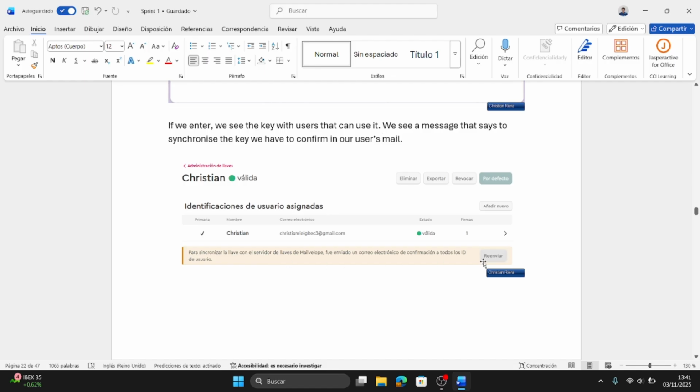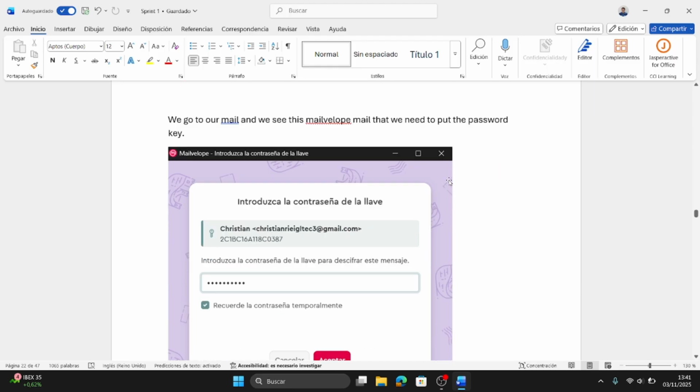Here we see the message that Mailvelope tells us that we need to validate the key, but here it is ready because it says that it's valid.